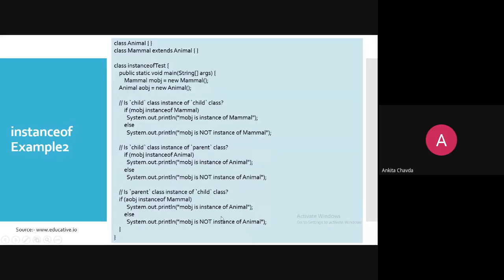Here it will go to this if, that is correct. Here it will go to this if, that is correct. But here it will go to the else, because you cannot say that a parent class object is part of your child. No, that is not possible. But a child is actually part of the parent, that is possible. Clear?